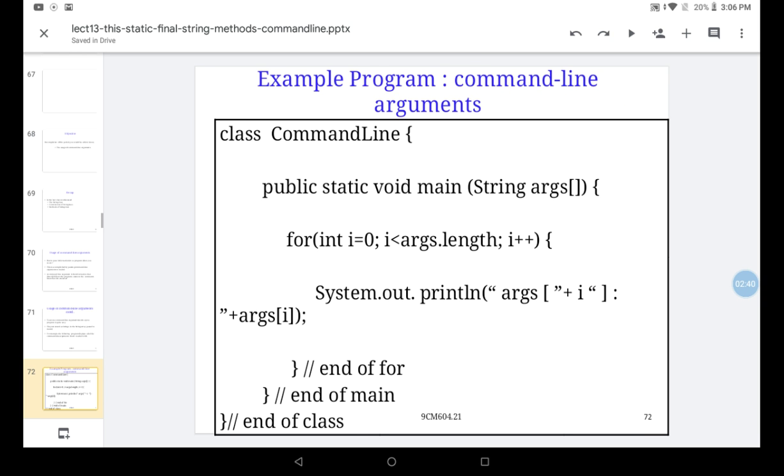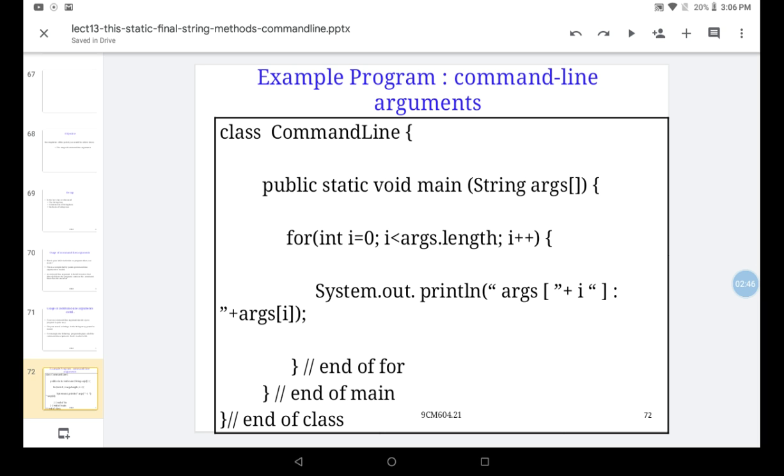We'll see the program. Here there is a CommandLine class. In the main method we have passed arguments as a string array; it is of type String. For example, for int i = 0; i < arguments.length; i++. Whatever arguments we pass to the main method, we print them one by one until the last argument.